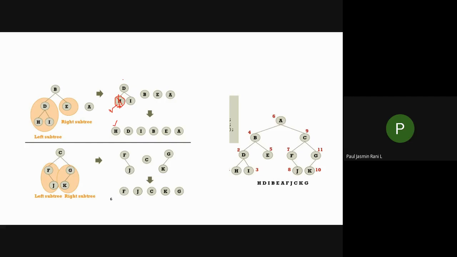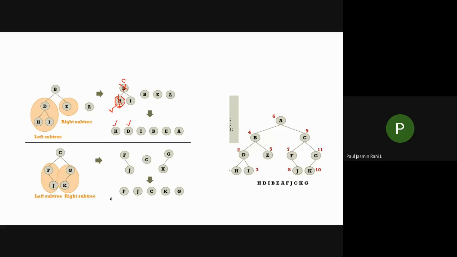This is the parent node of this one. So I have to give preference to when I can visit this parent node. Only after completing the left child, I can visit a parent node. Now the left child is over, it is visited. Now I can visit the parent node, that is D. So D is printed.